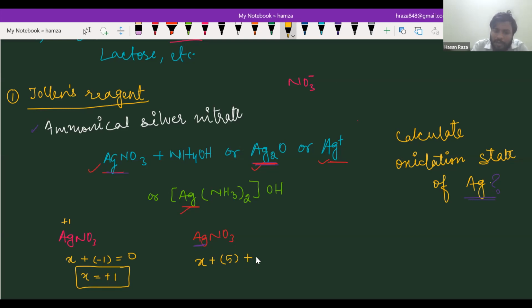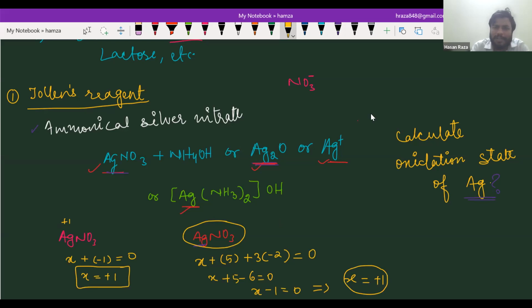Now, there are 3 oxygens, and each will have an oxidation state of -2, because oxygen is the most electronegative element and it has 6 electrons in its valence shell. In order to satisfy itself, it will gain 2 electrons. There is no charge on the compound, so I'm going to put it 0. So X plus 5 minus 6 is equal to 0. So X minus 1 will be equal to 0. So basically X is equal to +1. So from both methods, you can see that